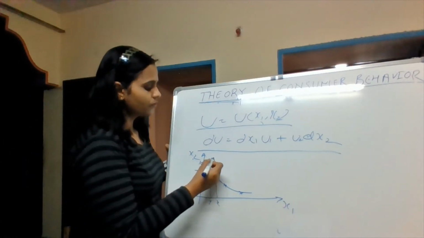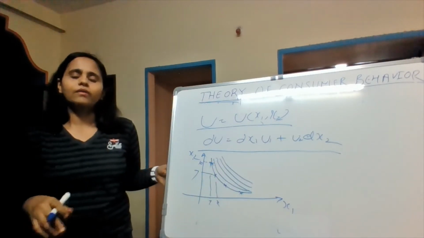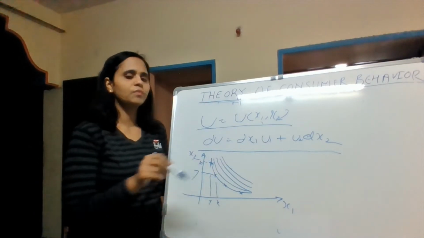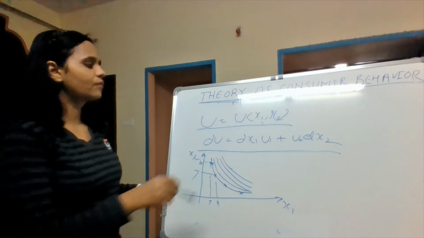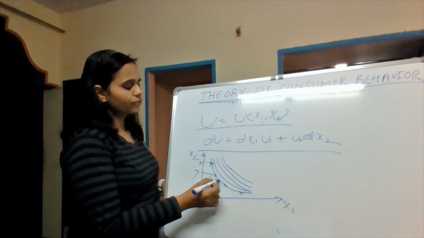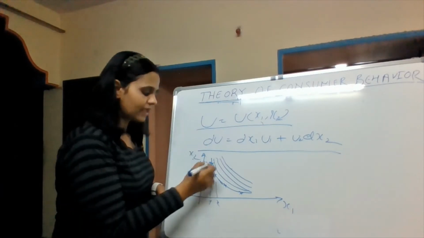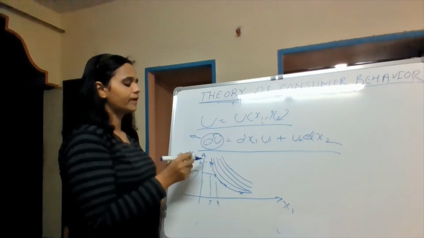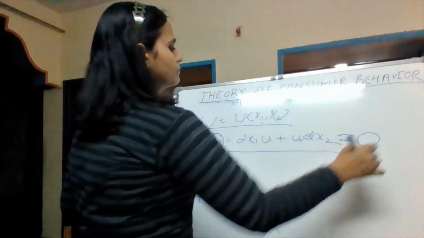So there could be multiple indifference curves, and the idea behind this ordinal approach is to find out which indifference curve suits the consumer best based on their budget constraint. We'll see that later, but before that we'll look into the utility function. Now you see that on the indifference curve utility is not 0, utility is the same. So the difference in utility, du, on the indifference curve will be 0.